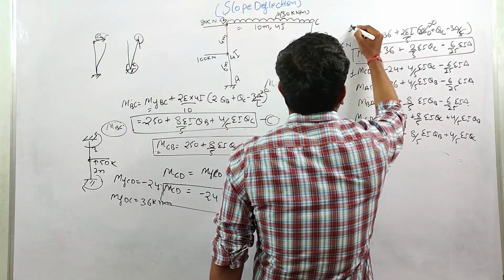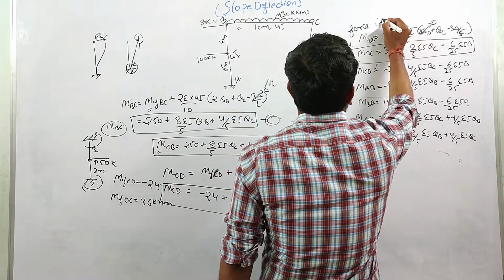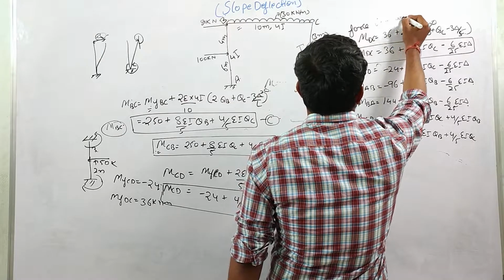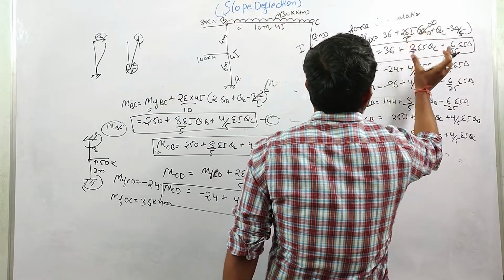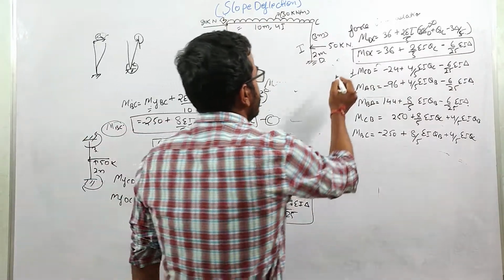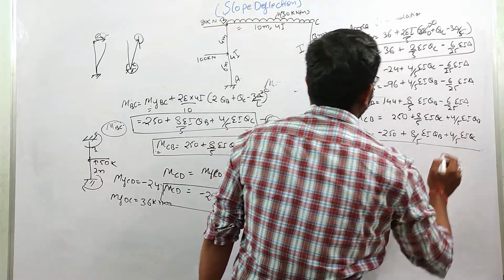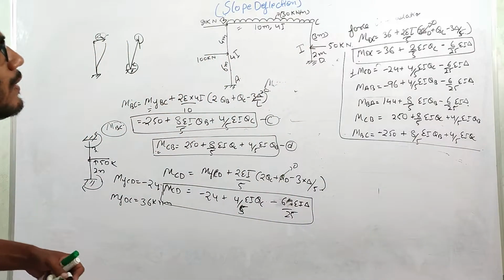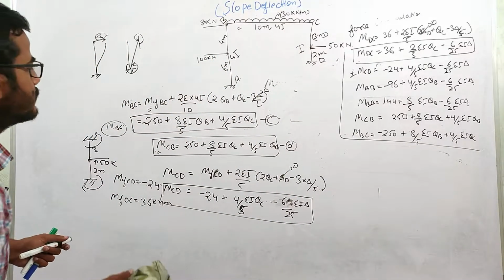These are also termed as force displacement relationships. Why? Because we are writing displacement in terms of force. So this is basically the force displacement equation which we have already studied. Okay, so now